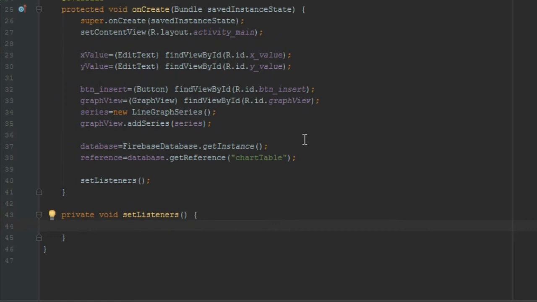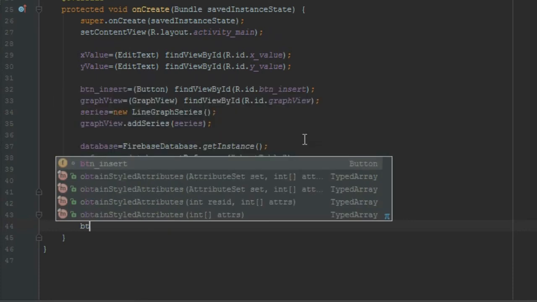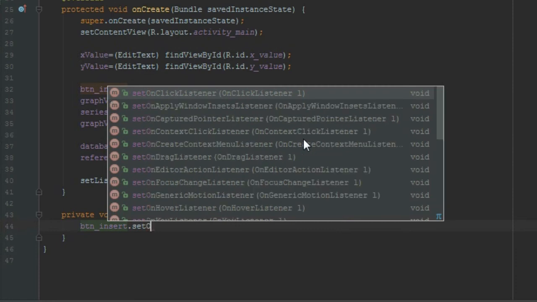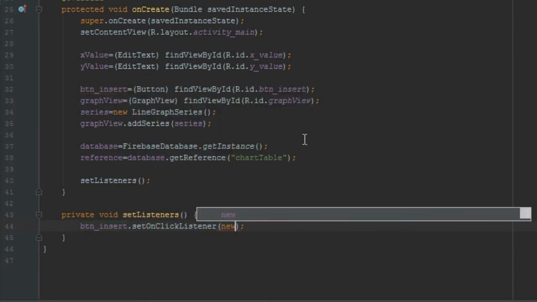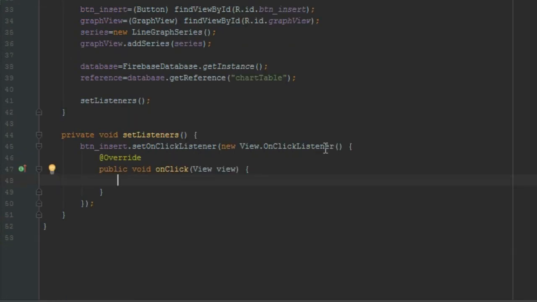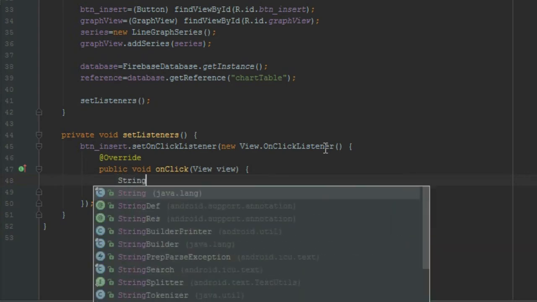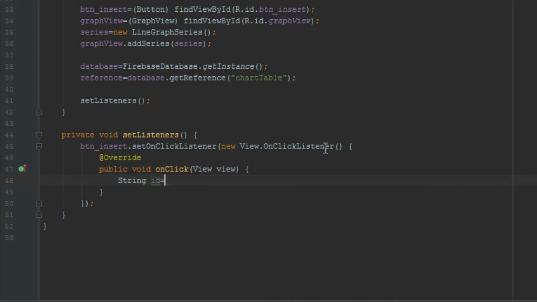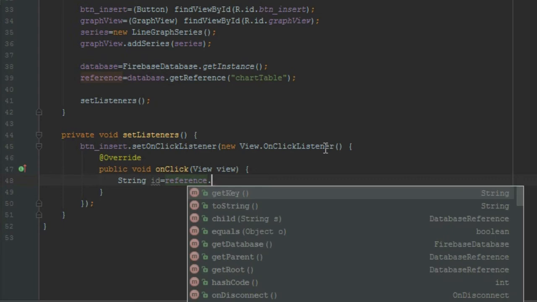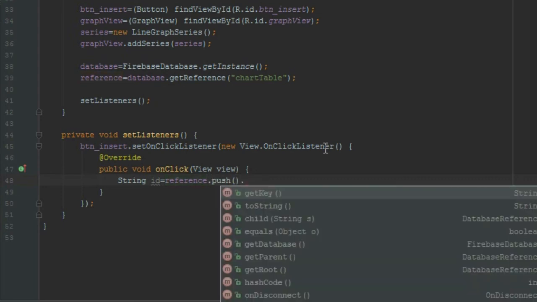In this setListeners method, using the button_insert.setOnClickListener, new OnClickListener. In this onClick, let's create an object of a string, that is id. String id equal to reference.push().getKey(),